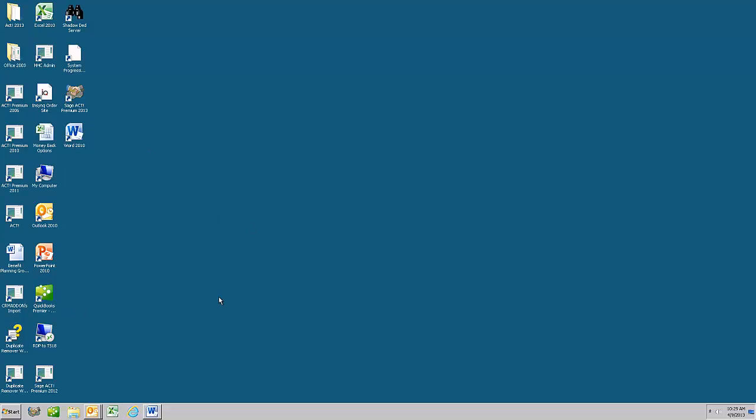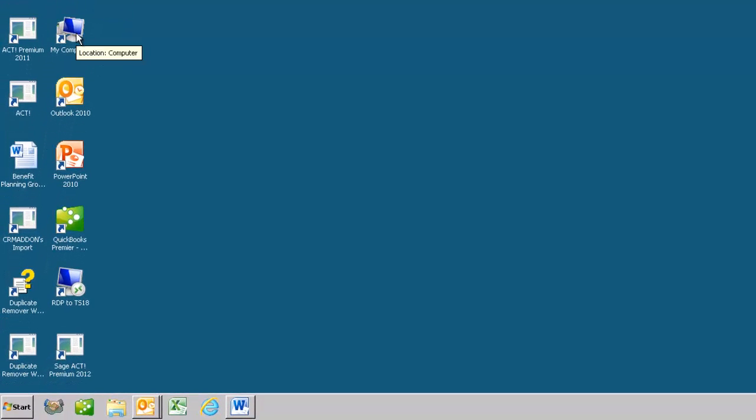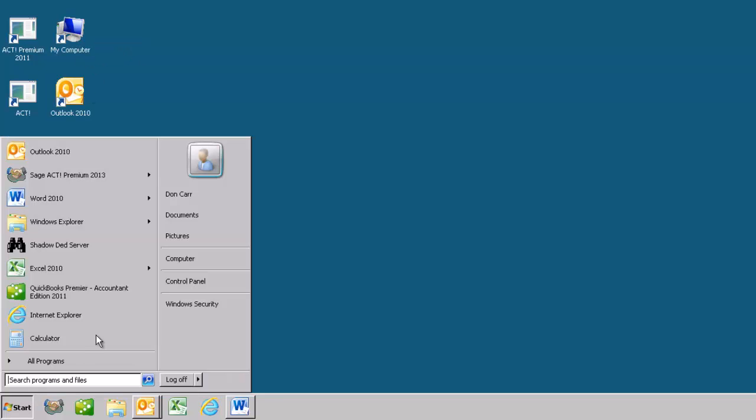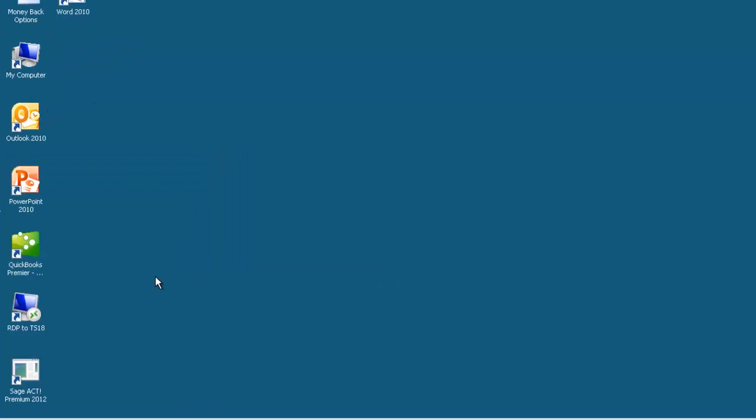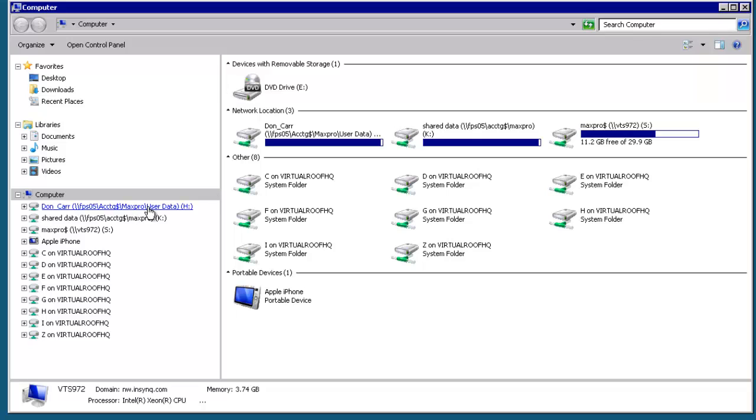We've got a lot of icons over here. Most of our users won't have quite this many icons. But all you need to do is find your My Computer icon. It's either on your screen, or you can go to your Start button and go to Computer here. And if I do that, you're going to notice that we have multiple drives. If you look over here on the screen, these are all drives on the server, H, K, and S. Okay, and you can see them over here on the left-hand side as well, where my mouse is right now,